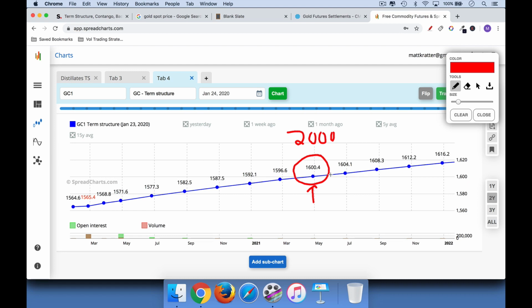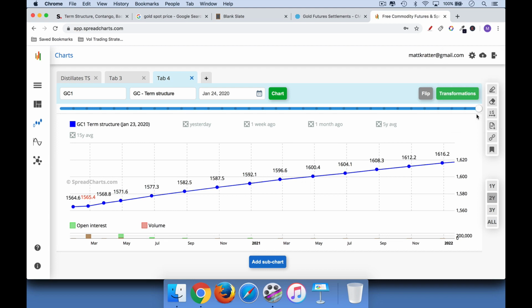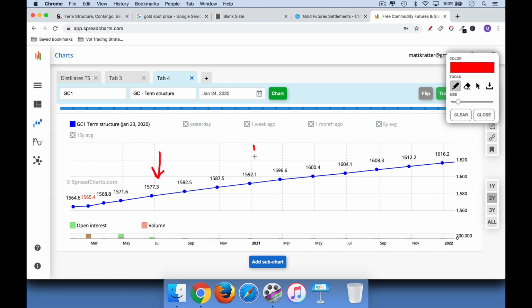And again, the other thing to remember is that we say this is a futures curve, but it's not telling you how the spot price is going to move over time. It's telling you how much it costs to have gold delivered to me this summer in 2020, early 2021, early 2022. Not showing you how the spot price or the cash price is going to move over time, but showing you what it will cost you today to enter into an agreement to have some commodity like gold delivered to you sometime in the future.